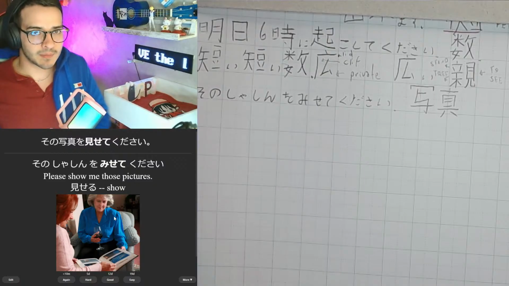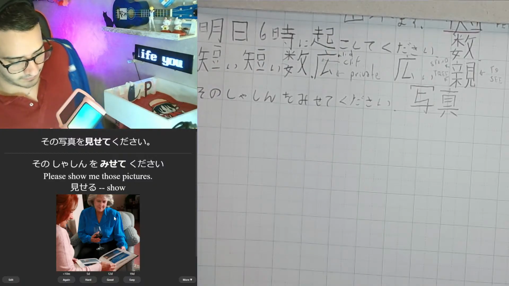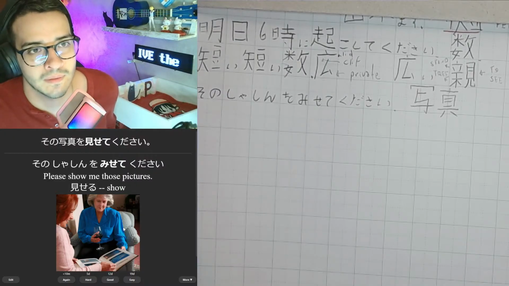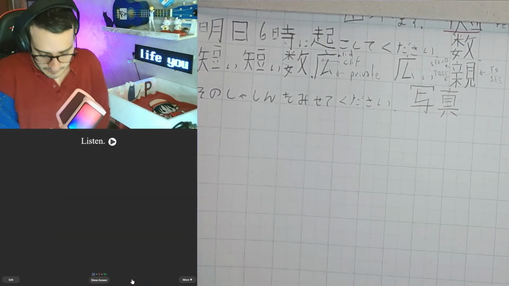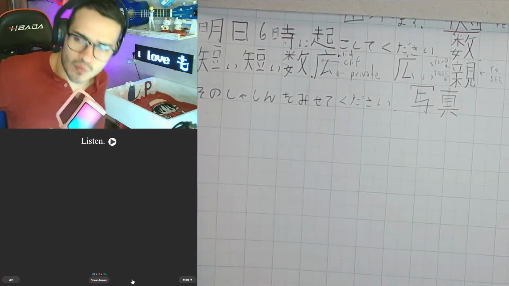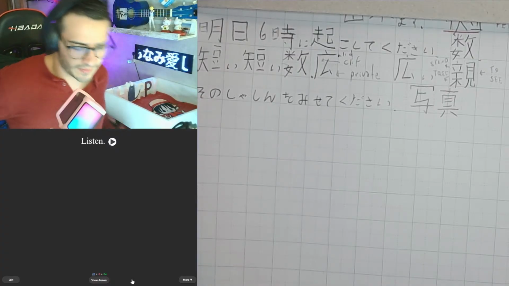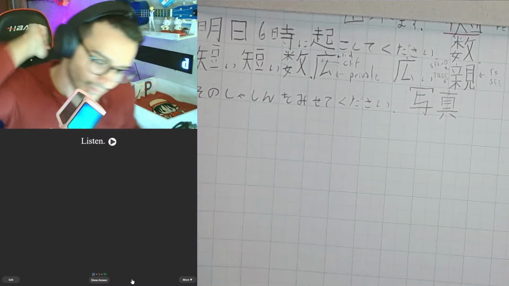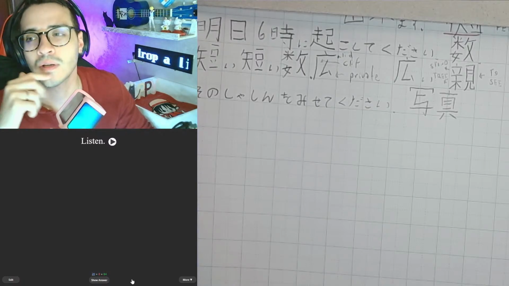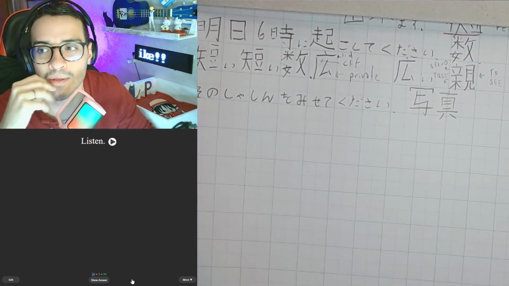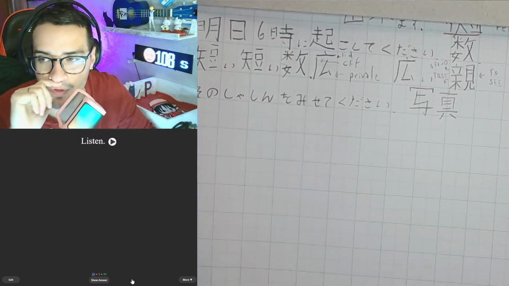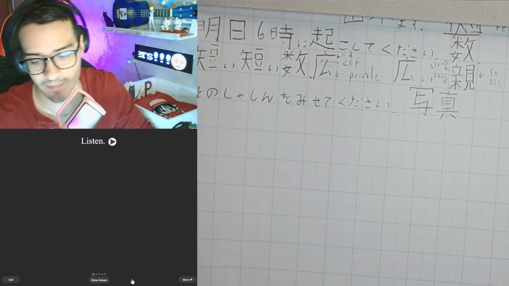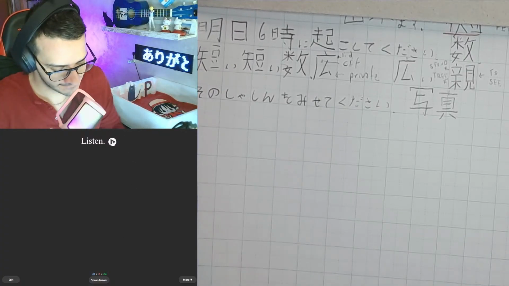Please show me that picture. その写真を見せてください。Easy. 彼は足が短い。Short. Okay. So hikui is low, and mijikai is short. 彼は足が短い。